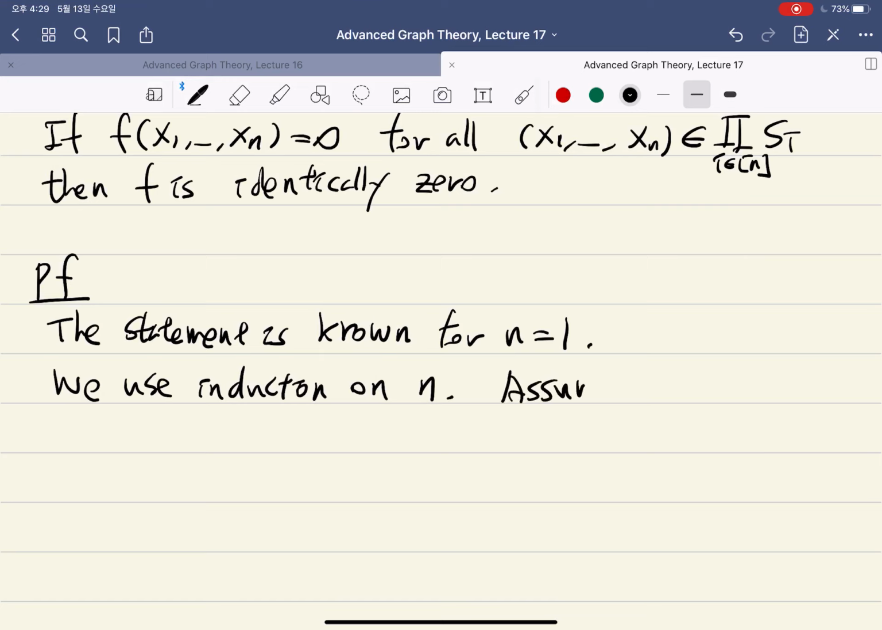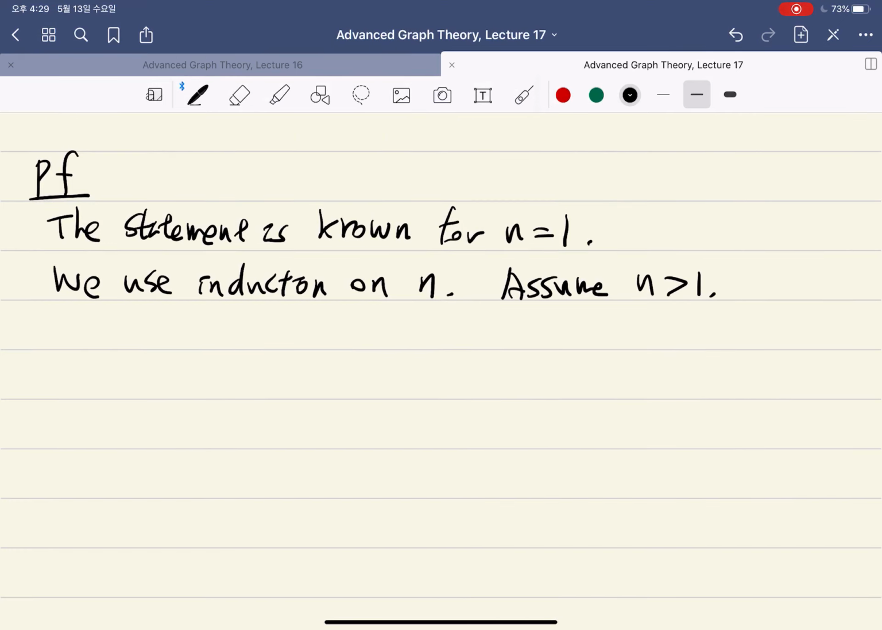So we already know this is true for n equal 1. So assume n is bigger than 1. So we collect the terms to write this f as a polynomial in one variable, the last variable, xn. That means, let's say f is a summation of, say, j from 0 to tn, you write all the parts which relate to x1 to xn minus 1 in here, and you write xn to the j at the last,